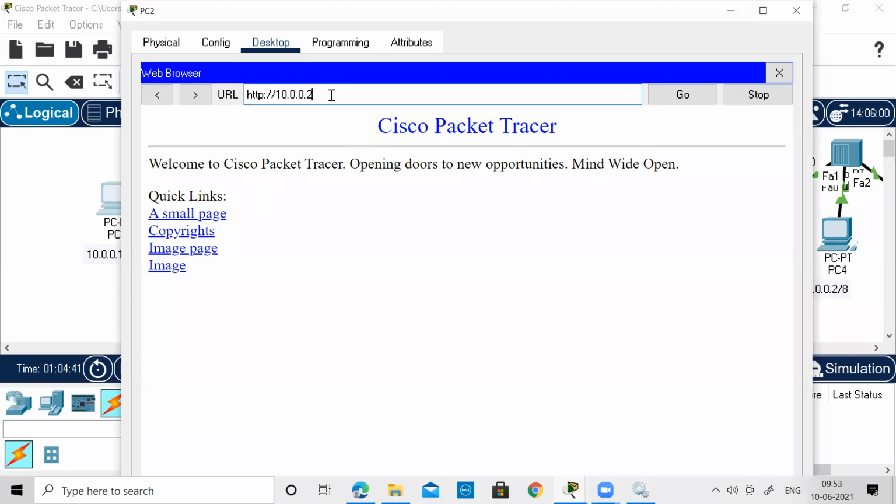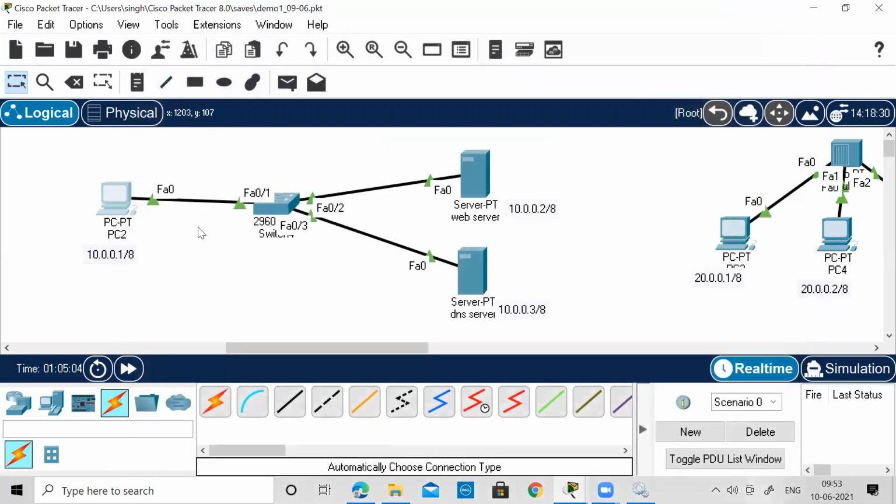But as a human being, I just cannot remember all the IP addresses for different web servers. So what makes it easy is to put the domain name. If it had been some ciscopackettracer.com or some other .com or .in, it would have been much easier for me to just enter that and go ahead. Because we human beings are not very good at remembering numbers, specifically this kind of IP addresses, we give it a name. So there is a domain name. That is why for all the websites, cisco.com, microsoft.com, anything, they have a domain name.